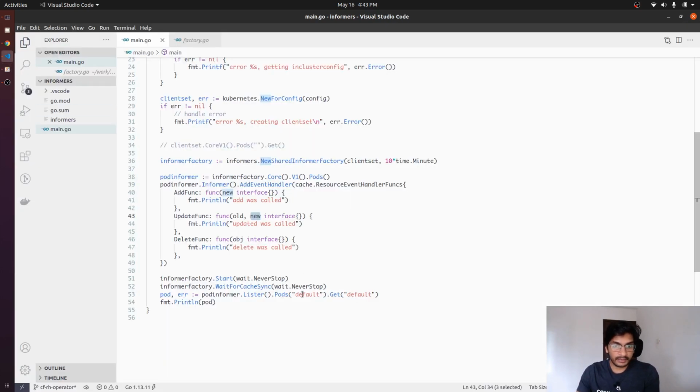Now, this is how we can use the lister of the informer. Another thing that is suggested and very important is, because all these resources are from the in-memory cache, and that cache is being maintained by the informer,